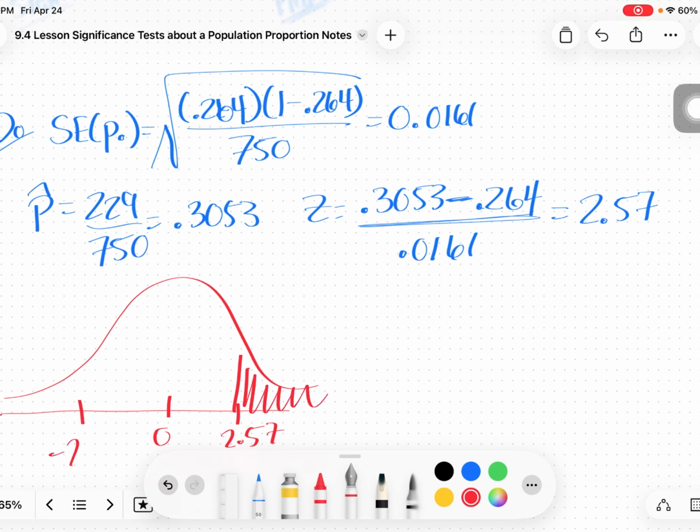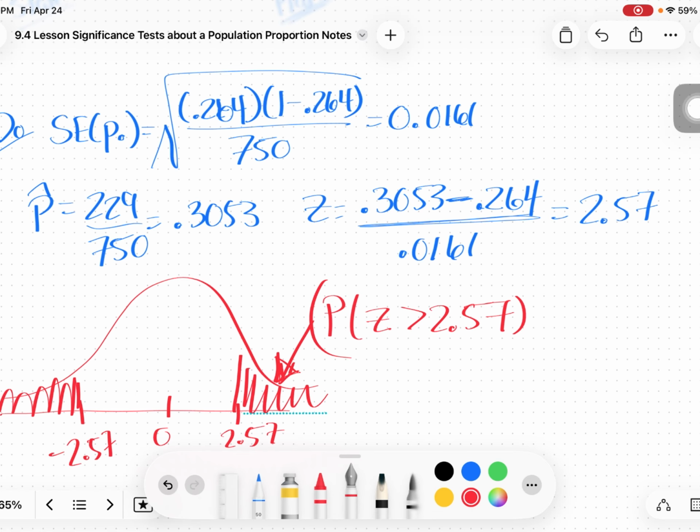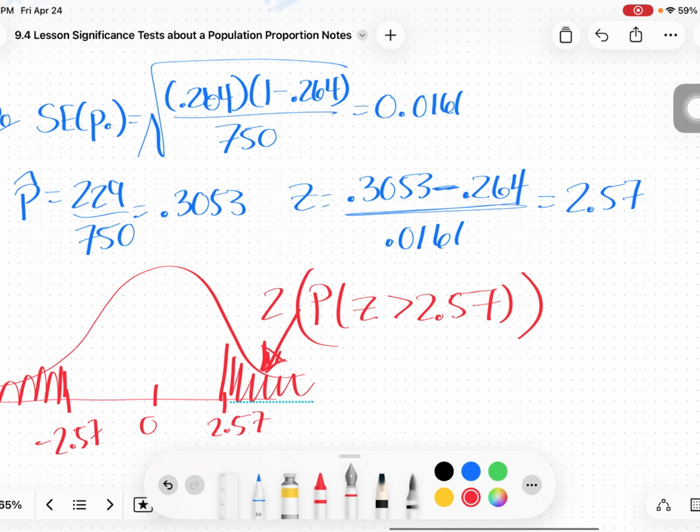We're going to have negative 2.57 over here and shade into the left. We've shaded two tails, which means we're actually going to find this area and then multiply it by 2. So we're going to find the probability that Z is greater than 2.57 and then multiply that by 2 to get our final